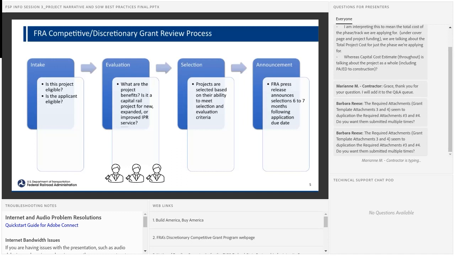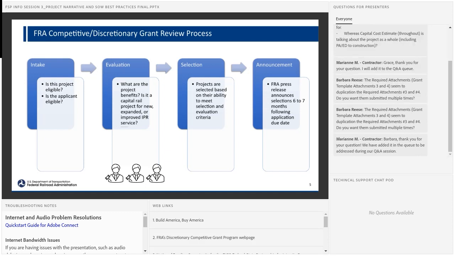Okay, so as you can see here, just wanted to provide some framing for our discussion today. With our discretionary grant review process, we have these 4 steps. First, with intake, regarding whether the project is eligible and whether the applicant is eligible. We had a webinar on eligibility a few weeks prior that you can find on our website. The next phase is evaluation. This is where we go into what the project benefits are. Is this a capital rail project for new, expanded, or improved intercity passenger rail service?